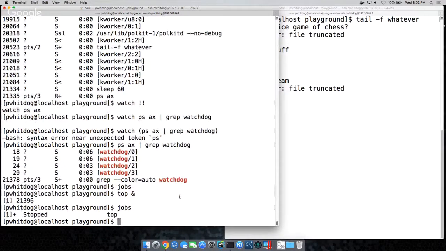Oh, it died immediately. It doesn't have a TTY as standard out. It does push it in the background, and top happened to die. You could use sleep in the background instead, but you need a number.